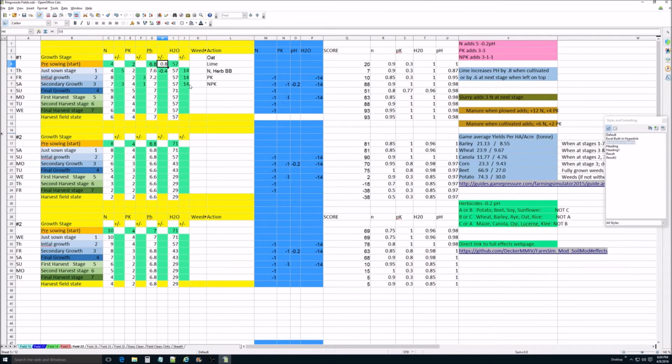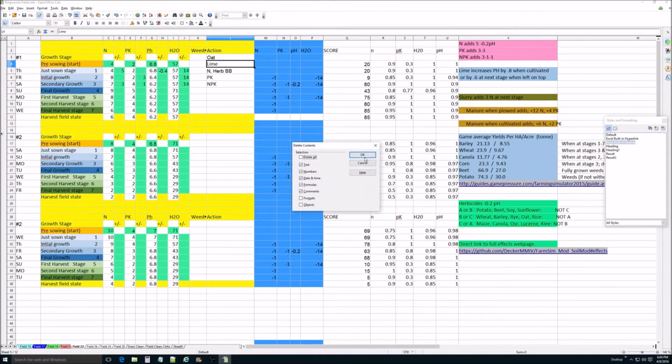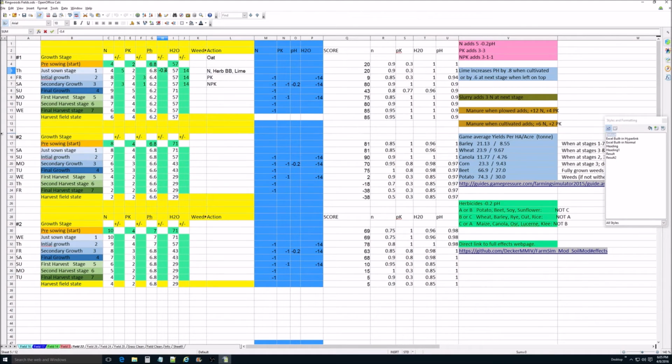I mean, you can. A lot of times I don't actually spread the lime that way. So I'll take this lime out of here and I'll just combine it with, I mean, you can do it the first day. So here's another interesting thing. I want to do the lime. So that means if you don't cultivate the lime in, you get 0.6. So really what I just need to do is add 0.2. And the nice thing about that is we lose 0.2 at the 1 growth stage,